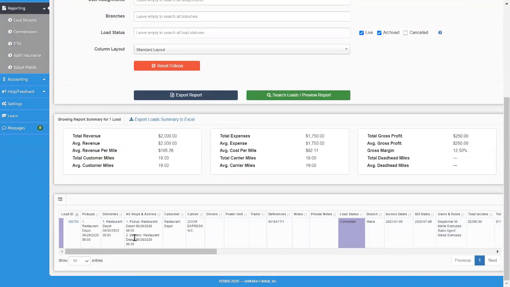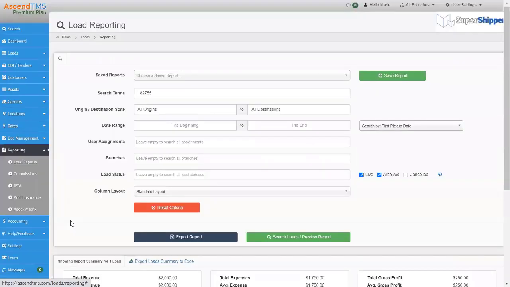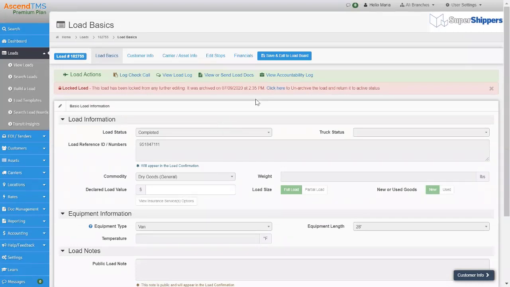Now, because I'm an admin, and I'm assuming the people on this call are either admins wanting to learn accounting or you have some responsibility in accounting, you'll probably have permissions to archive and unarchive. I say probably because we do have very granular permissions, so it's possible you have access to accounting but not access to archive or unarchive. If that's you, you might find that you can run the search like this and see it, but when you click on it, it might give you a little message that says you don't have permission. If you ever get one of those messages, get with the admin on your account and let them know. They can adjust your permissions.